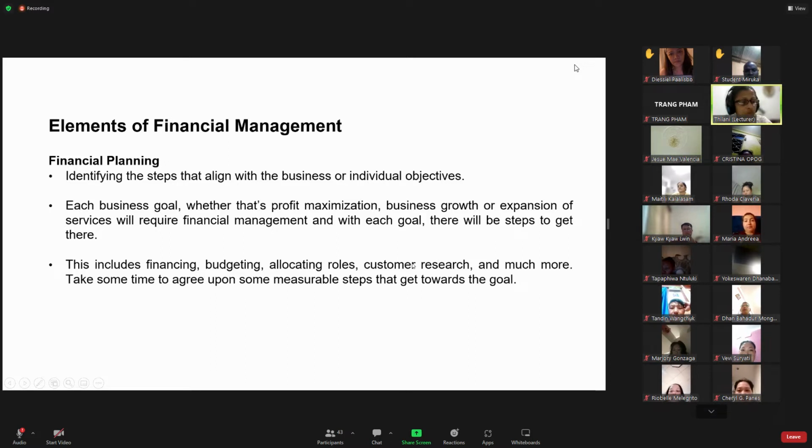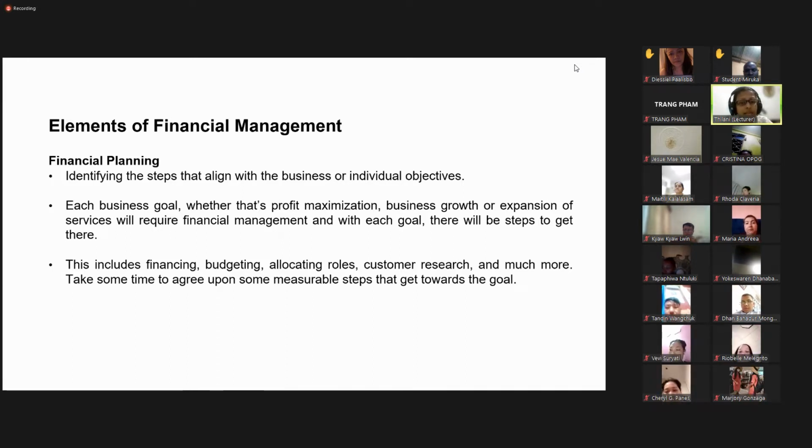What are the elements? Why is financial management important? If you don't manage your finances properly, what will happen in terms of obtaining profit? Will you be able to obtain maximum profit? Maria, would you like to answer? If you don't manage your finances properly, will you be able as a company to obtain maximum profit? Why do you need finances? Anyone who would like to answer can raise their hands.